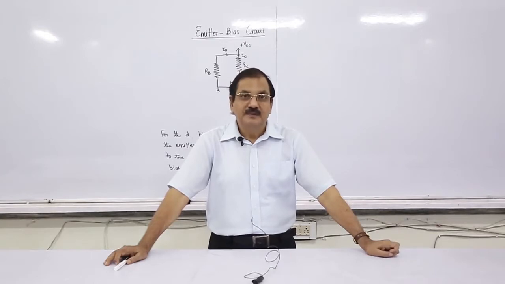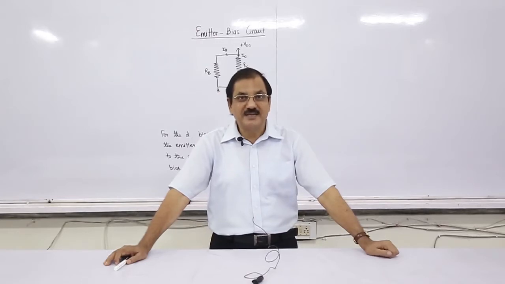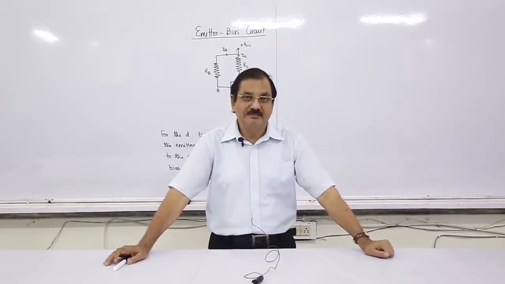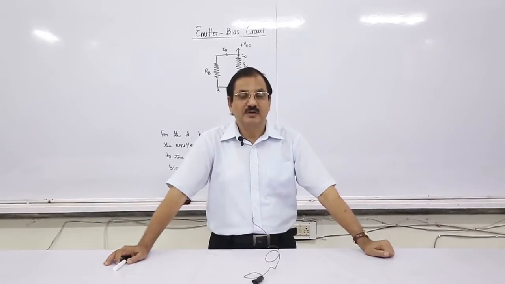So, in previous lectures we have discussed how the minority charge carriers change the whole concept of the operating point of the transistor with the increase of temperature, that is, in terms of thermal runaway. In order to remove the thermal runaway, we discussed in that lecture the base resistance and its connectivity through the collector region.